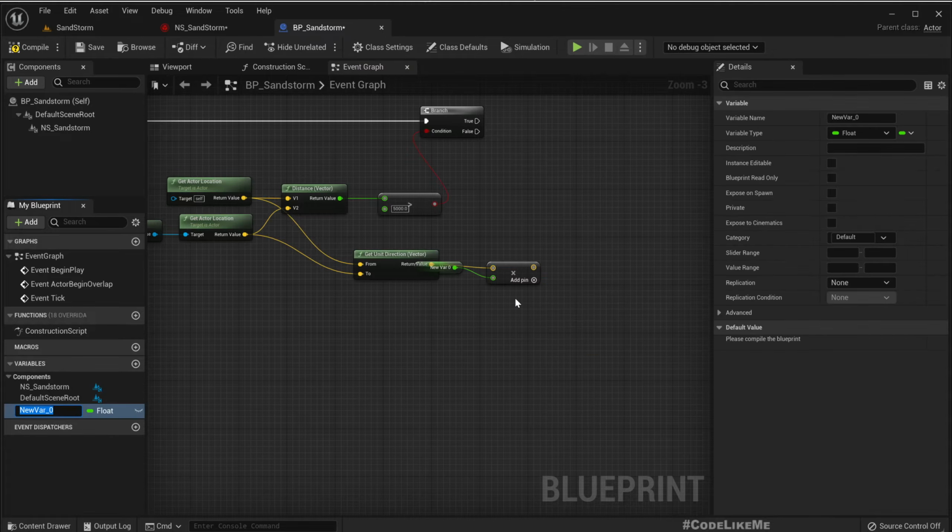Let's promote this to a variable, storm speed. Let's make this public visible so we can edit it if we want in the details panel. So for now I'll add something like 40,